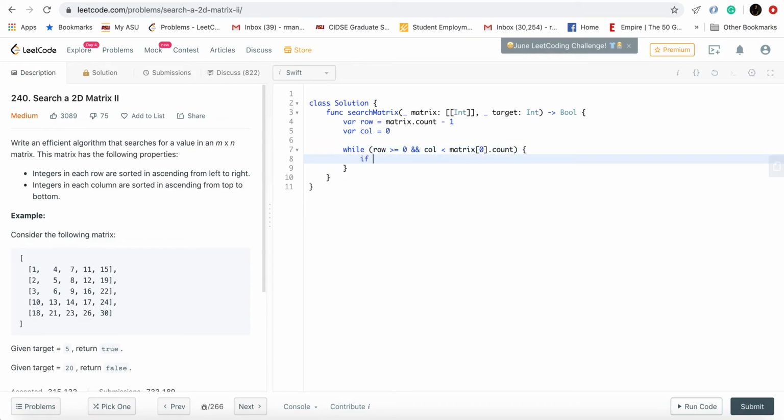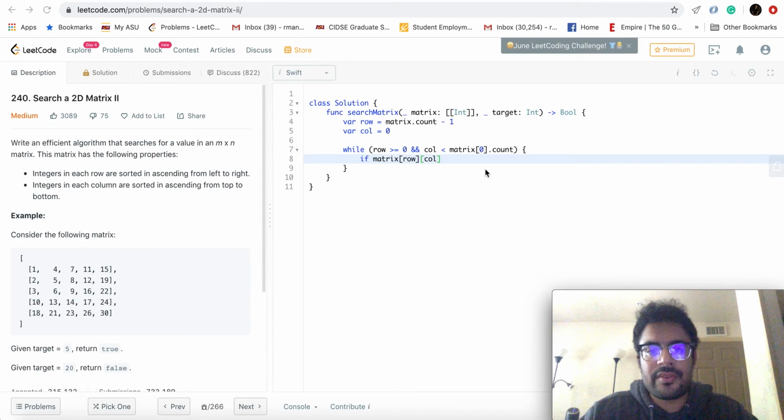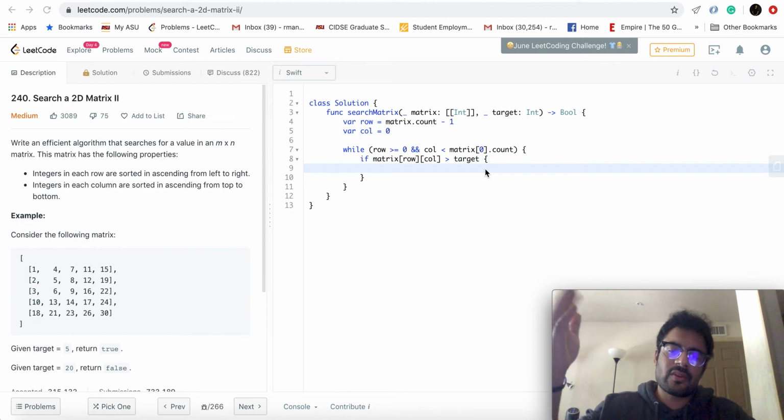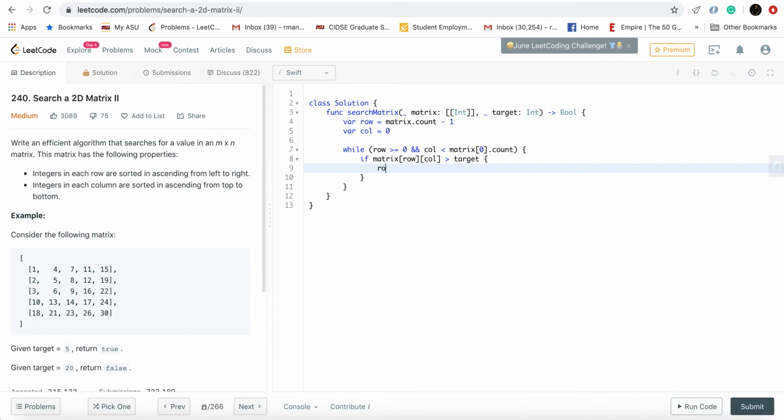So as we discussed, if the element that we are currently at is greater than our target, meaning we don't need to inspect that row further, we decrease the row number, we search in the row above, which means we just decrement this by 1.